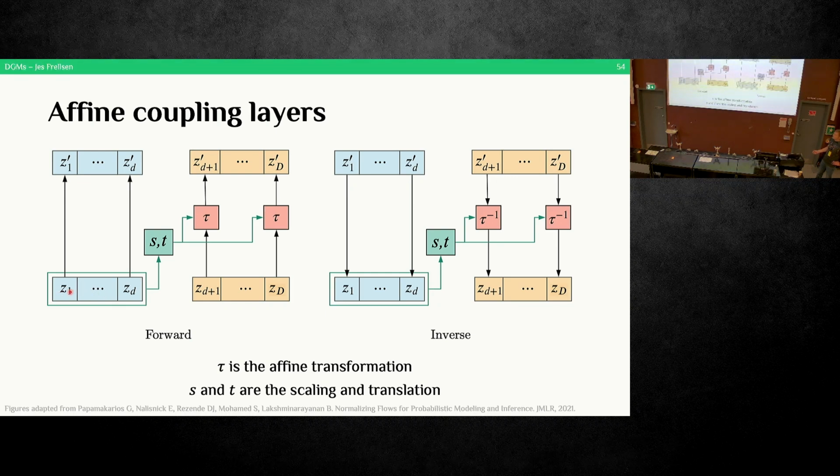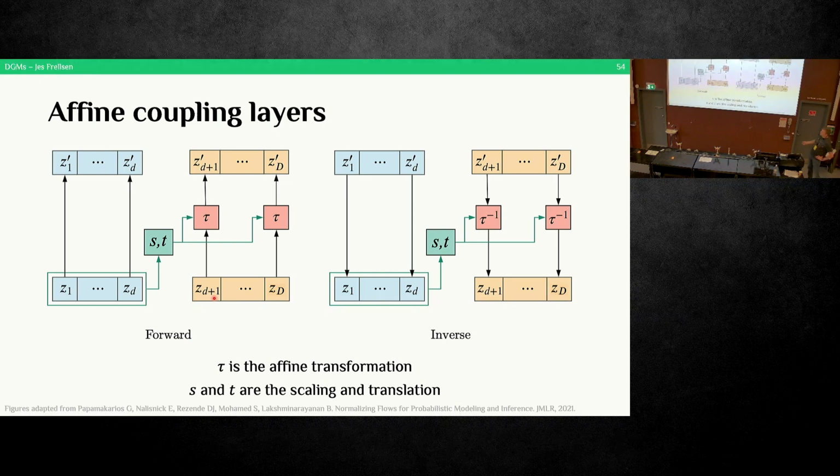So the input to T is just z1, and I just output z1. So z1 prime is the same as z1. Then for the remaining variables, I just do an affine transformation. So tau here is an affine transformation. I just take z d plus 1,